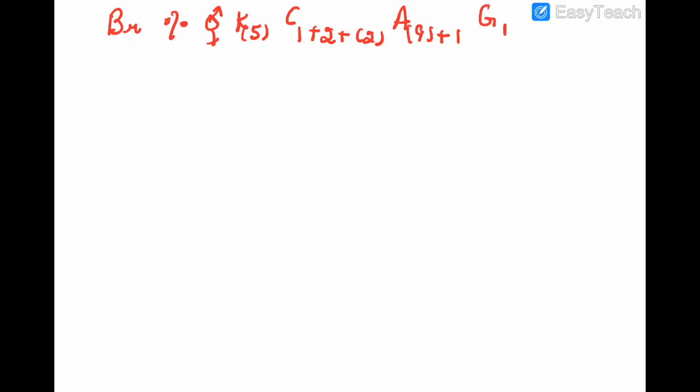Now, first of all, I will write the floral formula again so that it is easy for us to draw a floral diagram. So this is the floral formula which we have already discussed. Now let us draw a floral diagram. So there are a total of 5 sepals as well as 5 petals. So first of all, let me make 5 sepals. So 5 sepals I am representing here.